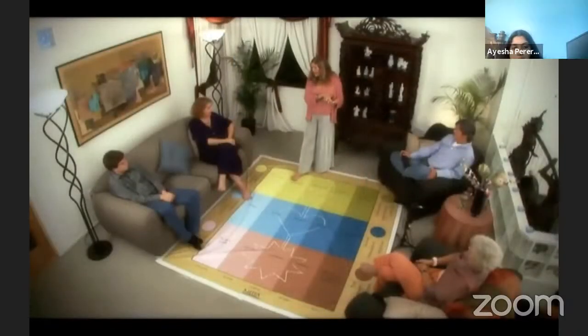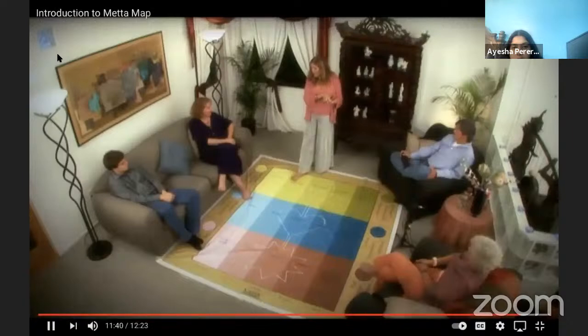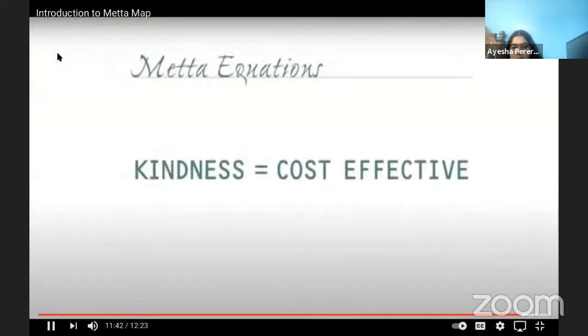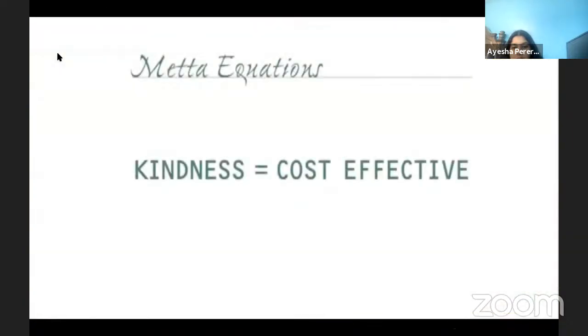And for those in the business world, kindness is cost effective. However, kindness is cost effective in friendships, raising children. The more kindness that we use, the more meta we have, the more effective and efficient our communication and relationships are. And remember,